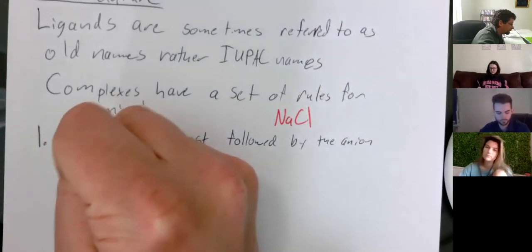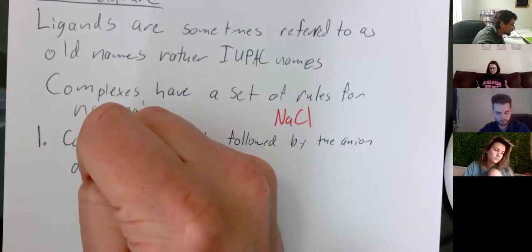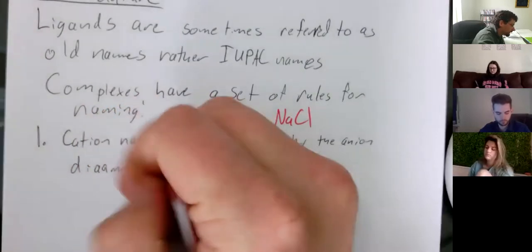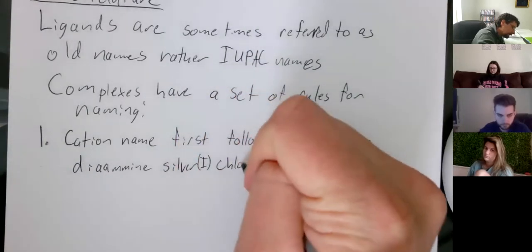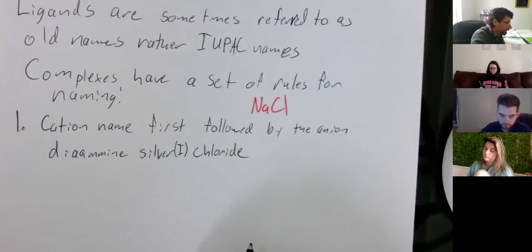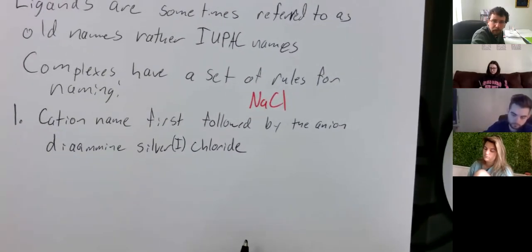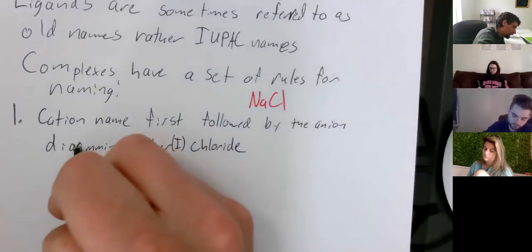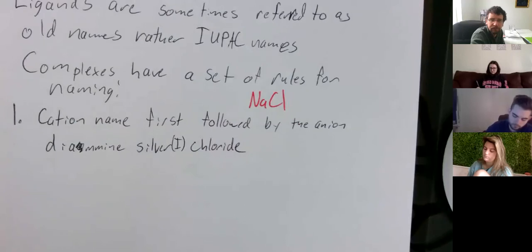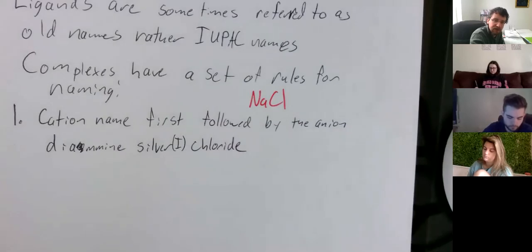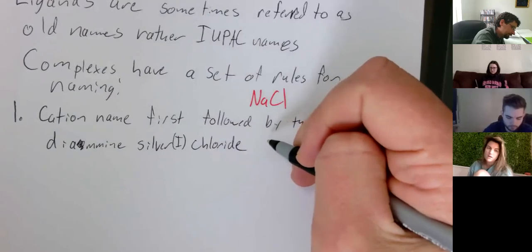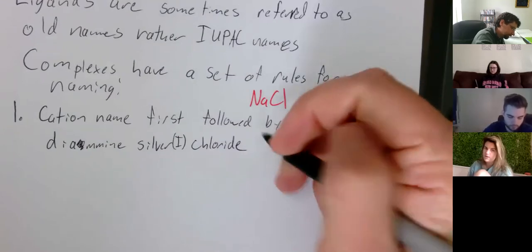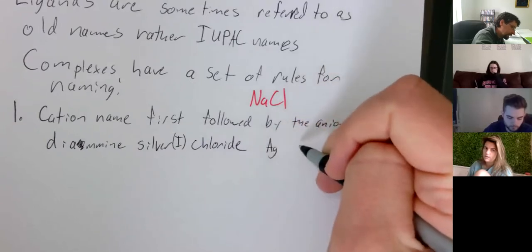So, example: diamminesilver(I) chloride. Oh, I'm sorry, I put an extra A. I didn't need an extra A. So what's the formula going to be for this complex? It's going to be Ag, Cl. There'd be